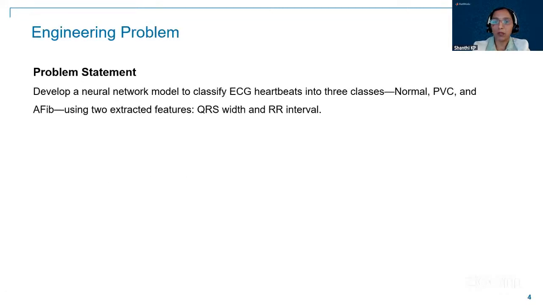So talking about the engineering problem we are trying to solve today. Our central question is to develop a neural network model to classify ECG heartbeats into three classes. We have defined here three classes: normal, premature ventricular contraction, and atrial fibrillation, using two extracted features, QRS width and RR interval. Just to give a brief on what these features are,